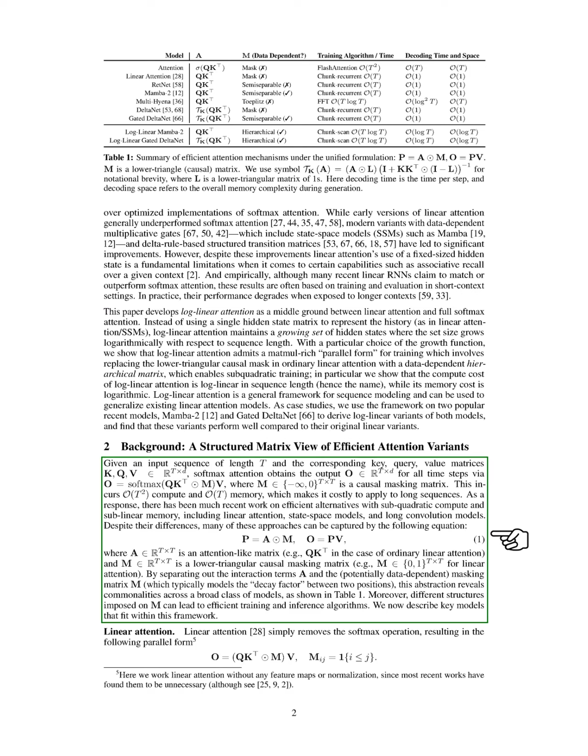In the background, we note that for an input sequence of length 24, softmax attention computes outputs for all time steps using key, query, and value matrices, which incurs high computational and memory costs for long sequences. Recent work has focused on efficient alternatives with subquadratic compute and sublinear memory, including linear attention and state space models. Many of these approaches can be summarized in a common equation, revealing shared characteristics across various models. Linear attention simplifies the process by removing the softmax operation, allowing for a parallel form that supports linear time, constant memory sequence modeling.